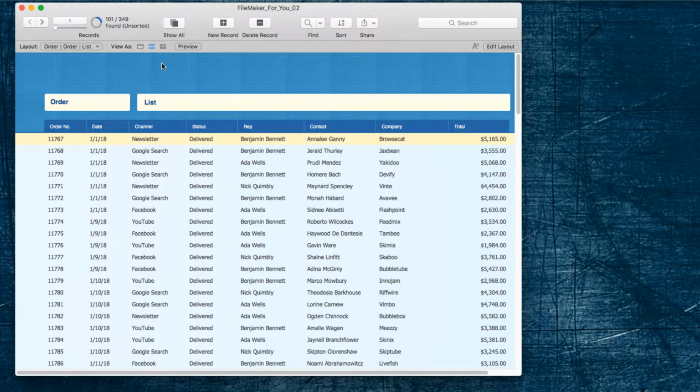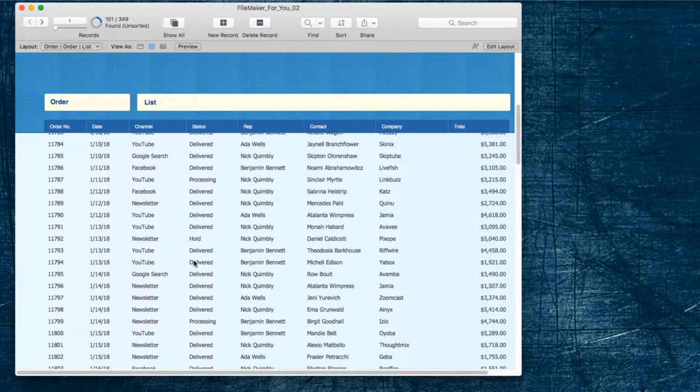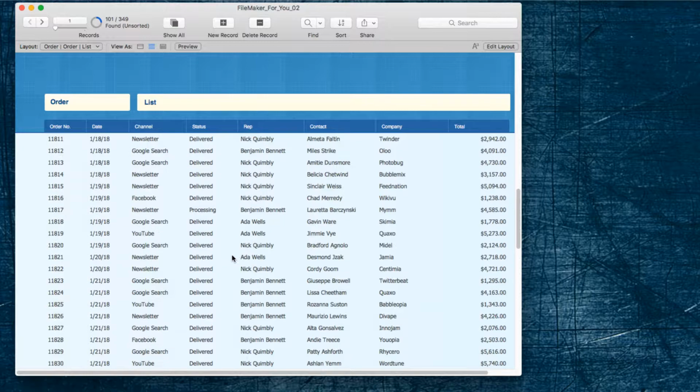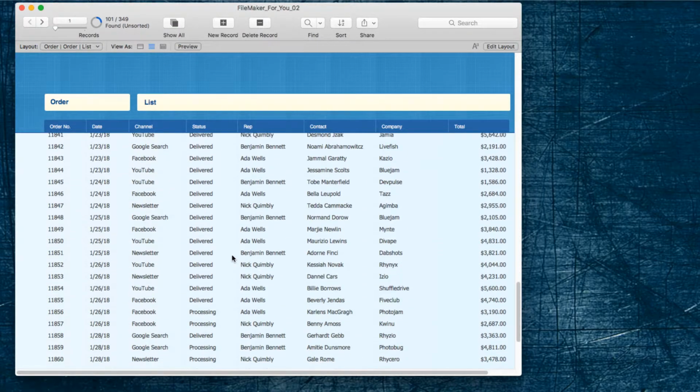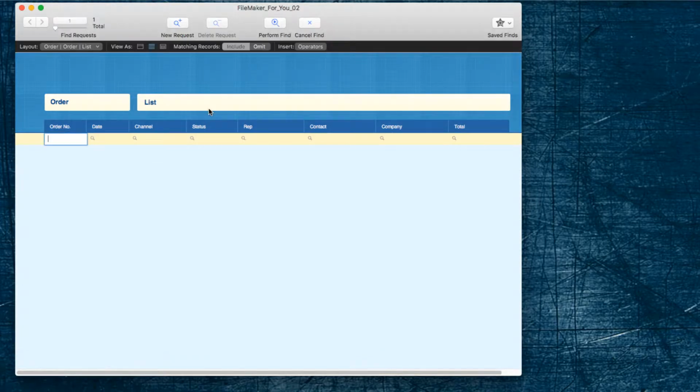But as we're working with orders in January, there are probably a lot of things happening with them, as indicated by the status. And so as we scroll down to more recent orders, we see that some of them are still being processed. We have one on hold here. And, you know, as we get closer to today, we see that there's more and more processing. So we may not care so much about delivered items, but we are probably interested in orders that are on hold and processing. So if we go into Find